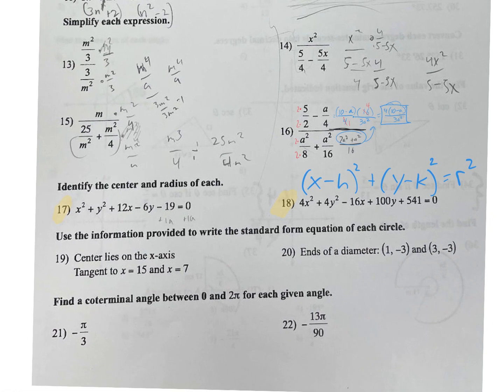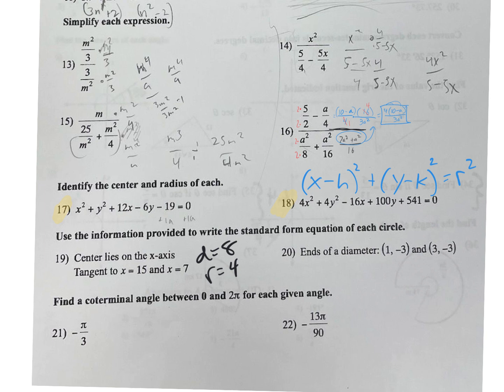For these ones, what you need to do is kind of just graph it, like graph a line at x equals 15, x equals 7, and then you'll see, well, if there's tangents here, the radius would have to be half that distance, right? Because that would be a diameter, right? 15 to 7 is 8, right? So the diameter would be 8, therefore the radius would be 4,